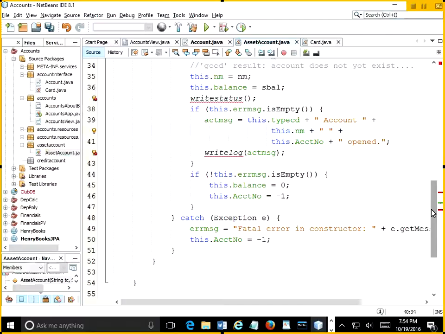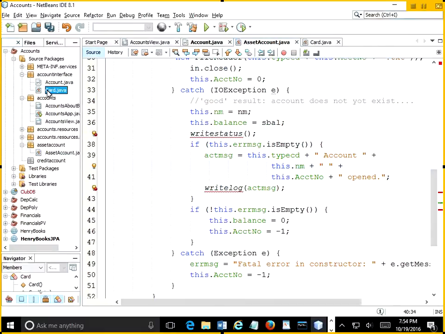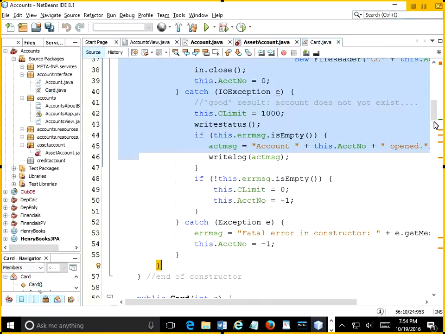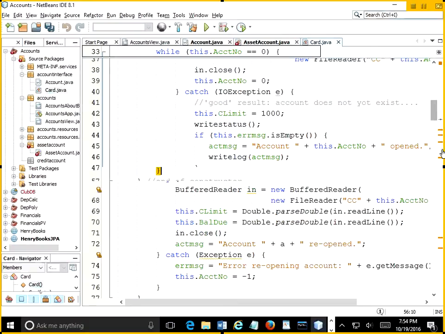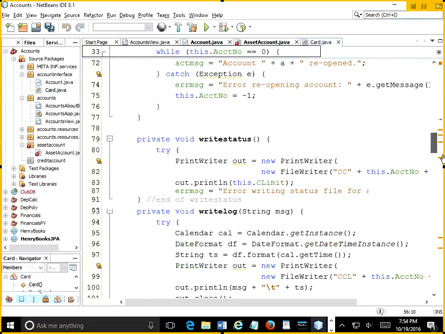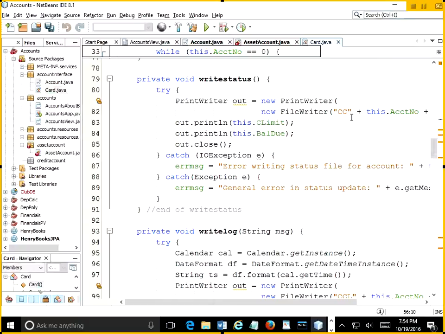But we want a write status and a write log process, and I think we can pirate those from card.java. So let's go back to card.java, and search for write status and write log. Happily, they're together. We are going to have to modify them because they are assuming a CC as our type code. But go ahead. Did everybody find the status and log